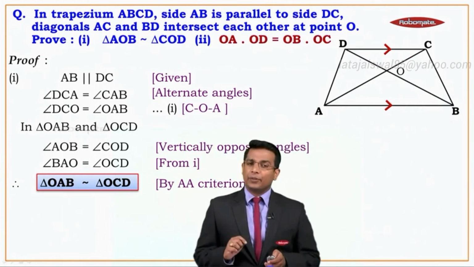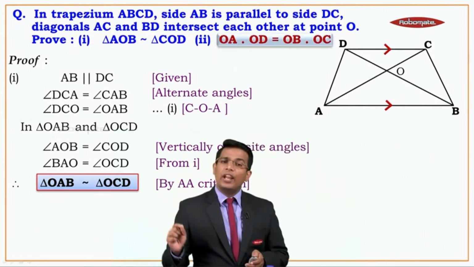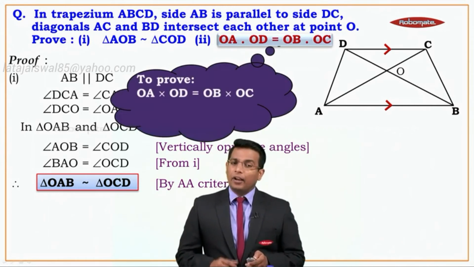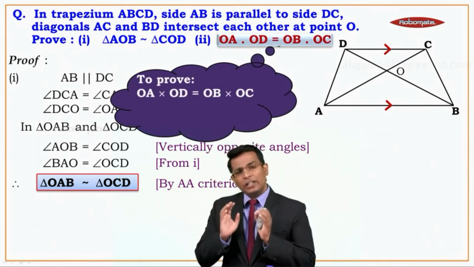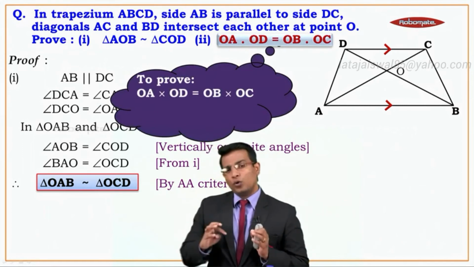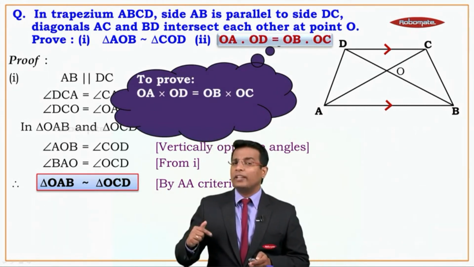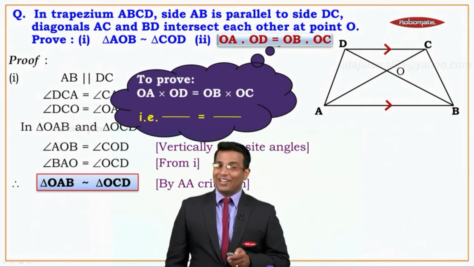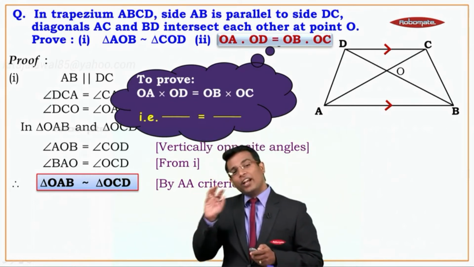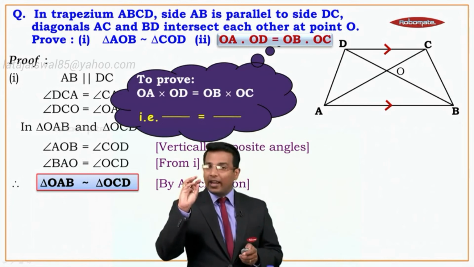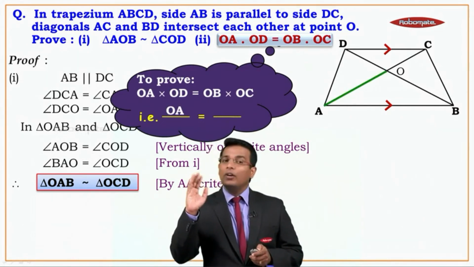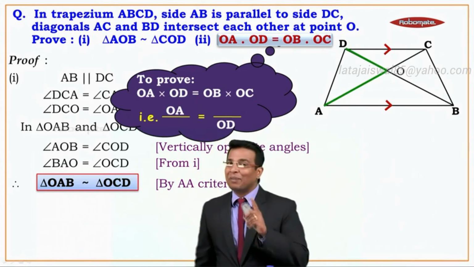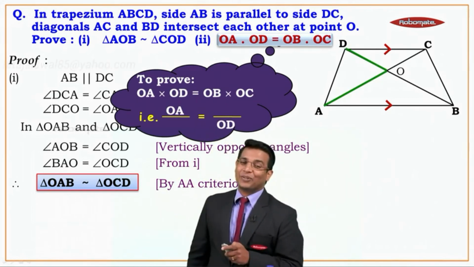Now this is very interesting. We have to prove that OA into OD is equal to OB into OC, right? Now we want two products to be equal. Now students, remember, in any sum when we want two products to be equal, first try to write them in the form of a ratio. So we are going to write that in the form of a ratio. Now the left hand side is OA into OD. So if OA comes in the numerator here, obviously the OD can shift into the denominator, right? Because you're going to get it by cross multiplication only of these two ratios.